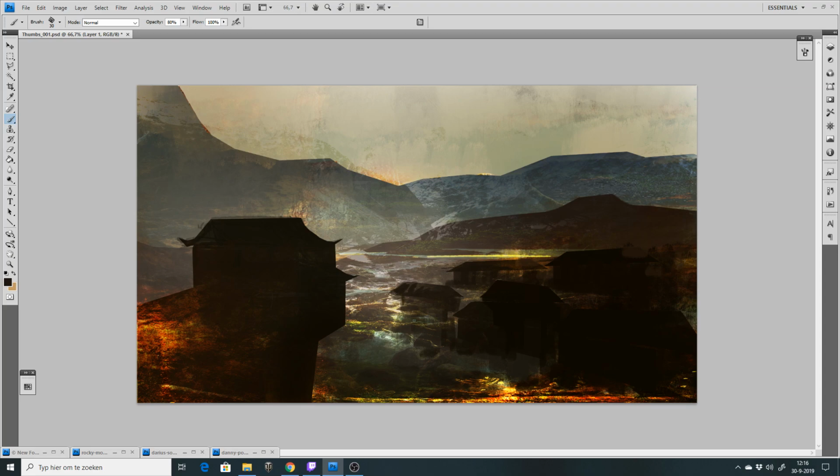And the cool thing is, I've been working on this for a lot less time than I've been working on the first painting that we did today. But it feels like an almost as complete image. Well, not yet, but